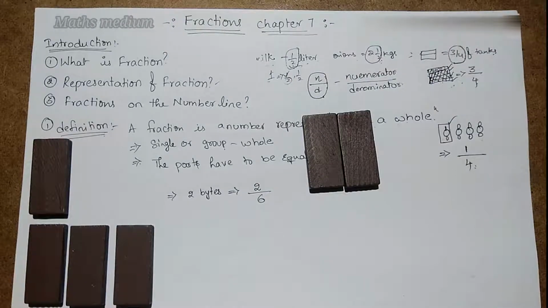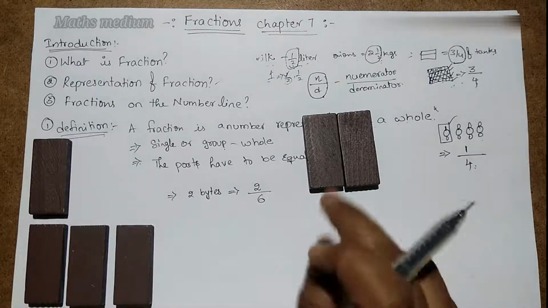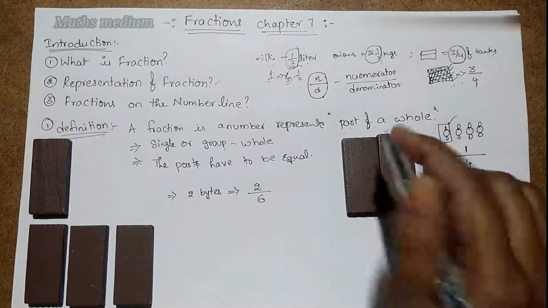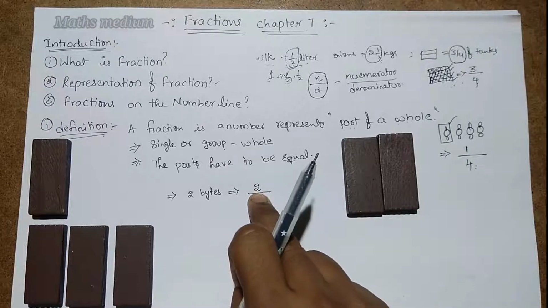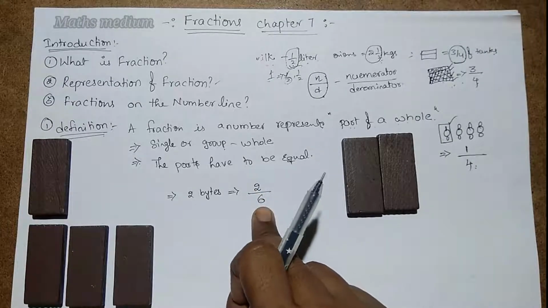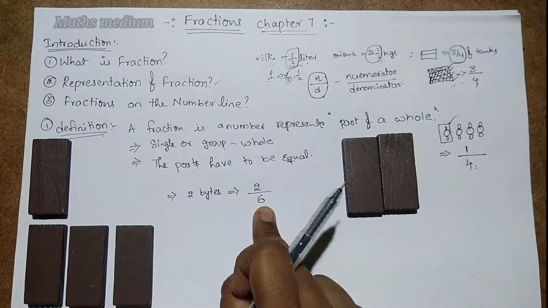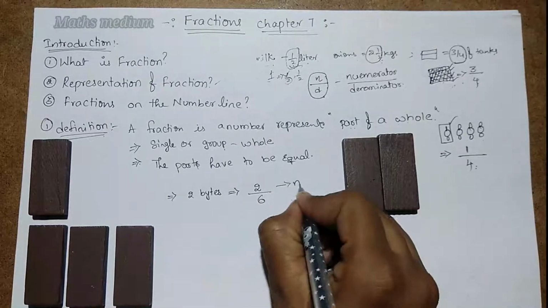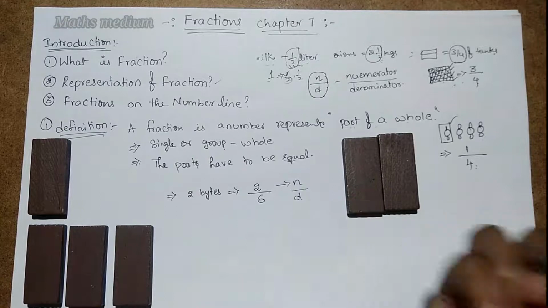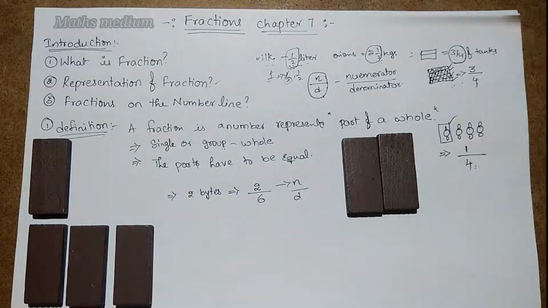The remaining part we cannot conclude as the fraction, but how much we have to take out of the whole, that means part of a whole, how much amount we are taking, that is the numerator, and the total amount of the given object or anything, that is the denominator. So this is the numerator and this is the denominator. I hope you understand with this example.